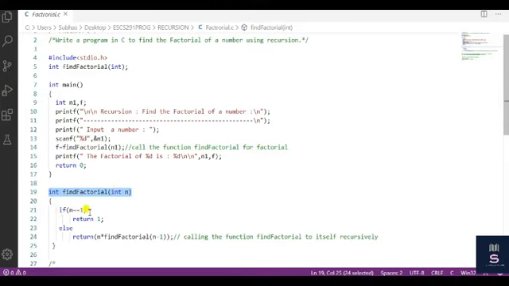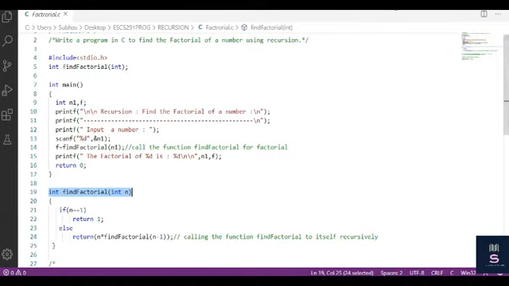If n equal to 1, it will return 1. Else it will return n into find factorial of n minus 1. That means the function find factorial is calling itself recursively.